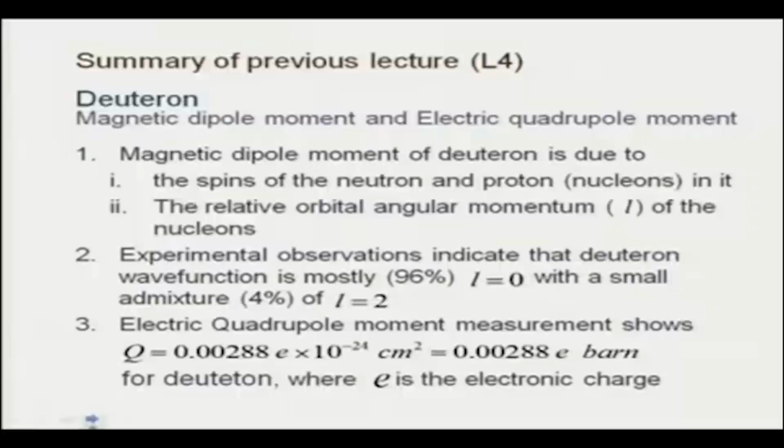We will continue our discussion on the nuclear force today. So, let us recap what we did in the last lecture. We discussed the deuteron, specifically its magnetic dipole moment and the electric quadrupole moment, and we saw that the magnetic dipole moment of the deuteron arises due to the spins of the nucleons and also due to the